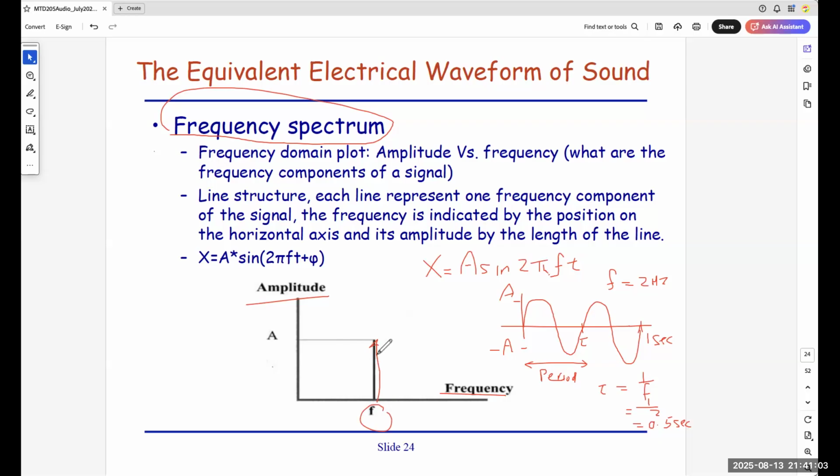And 1 spike means 1 frequency. Is it easier? If you are lazy, you feel that this may be more intuitive. And of course, 99.99% of people are lazy, humans are lazy, so they prefer to draw 1 spike than this guy here. Unless you are the extraordinary one, you may want to do it this way. But this way may not be easy to analyze. If you go into other topics, analyzing in the time domain is the worst nightmare. But analyzing in terms of the frequency spectrum, just 1 spike is very easy to understand.